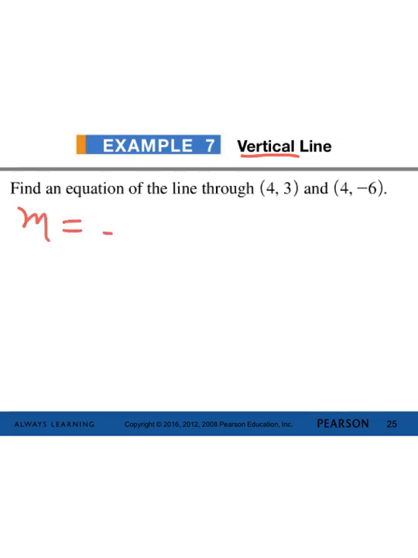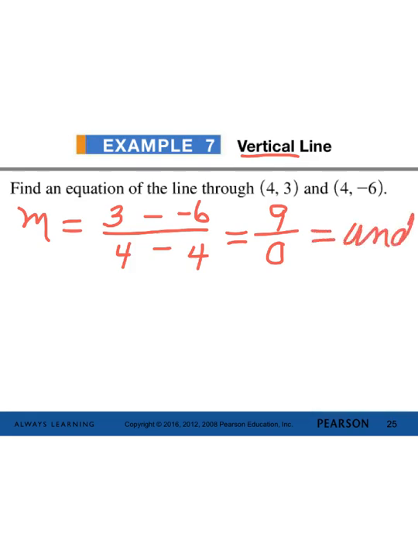When you calculate the slope, the point 4, 3, and the point 4, -6 will indeed give you 3 minus -6, which is 3 plus 6, which is 9 in the numerator, but 4 minus 4 is 0 in the denominator, which means your slope is undefined. And anytime you have an undefined slope, that tells you it is a vertical line,